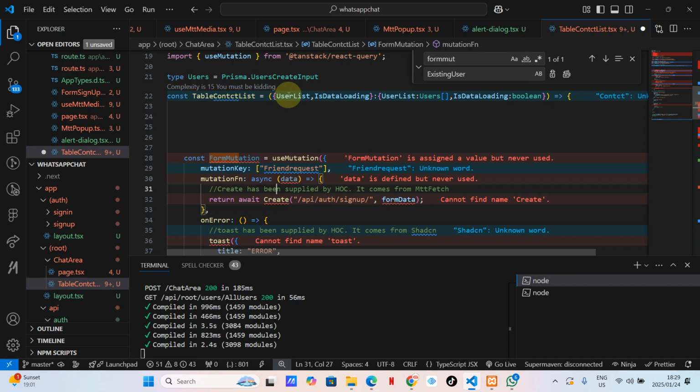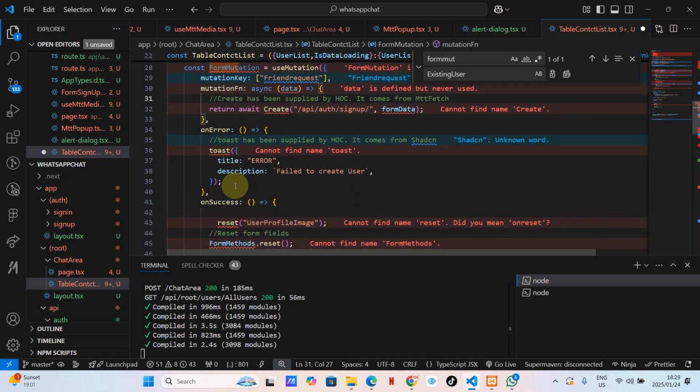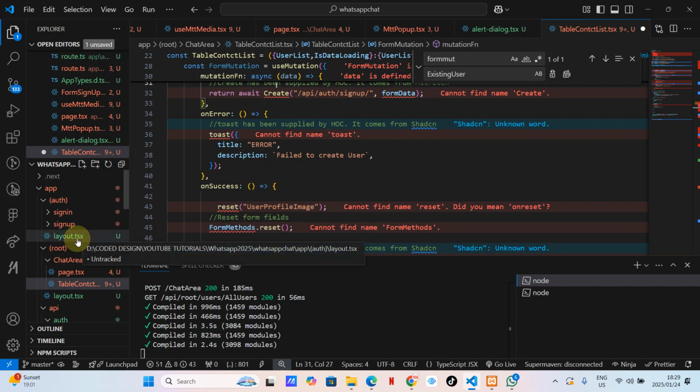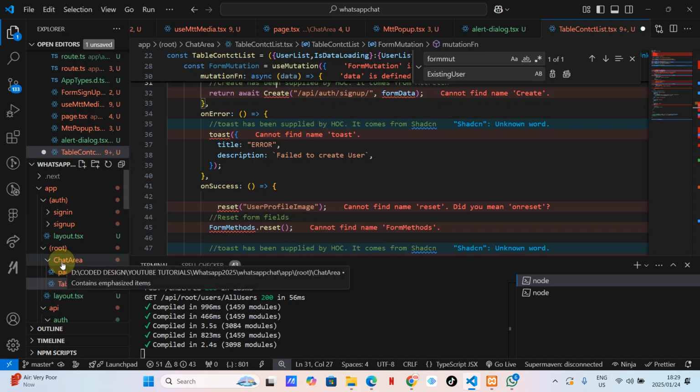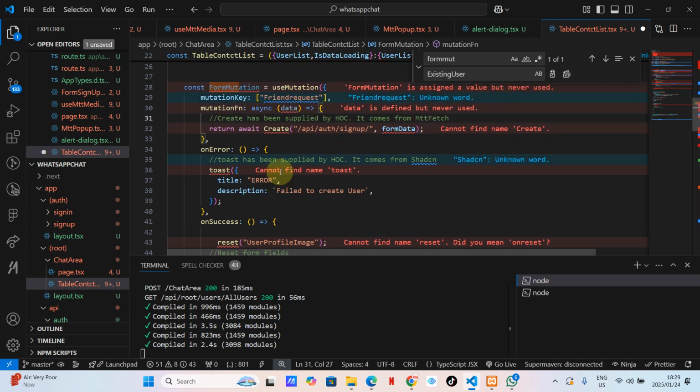Now this table needs to access what? To access some utilities, okay? And all of these toast and whatever. So it needs to be what? It needs to be a high order component. How am I going to do that? Let's see. Or maybe for now,